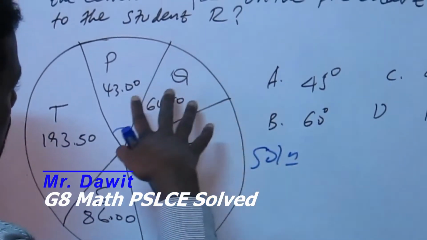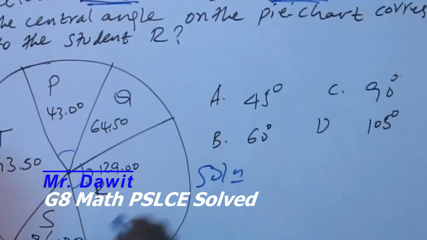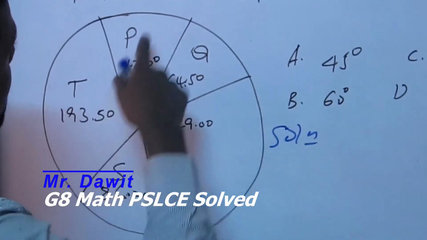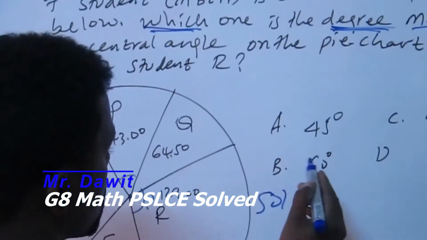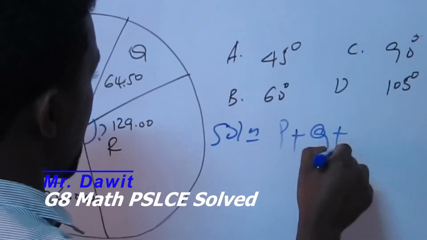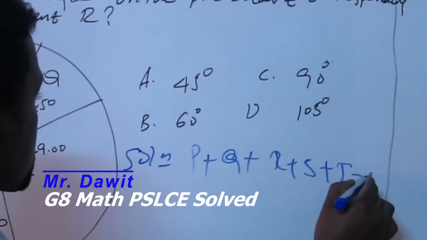So before finding the value of R in terms of degree, we have to measure it. First, we have to add all the values, and it must become what? 560. Let's say the contributions are P plus Q plus R plus S plus T, which must be equal to